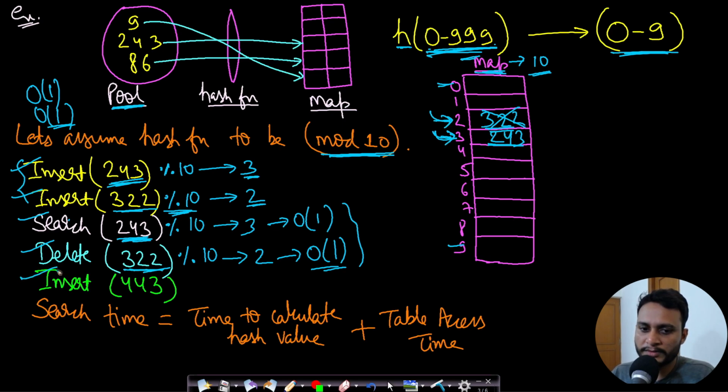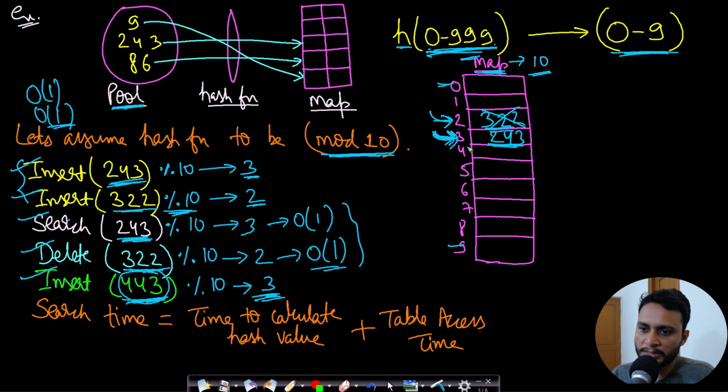Well, try to insert this element 443 now. If you try to insert this 443, again this will go to our hash function mod 10 and the key value will be 3. So we should be inserting this 443 at index 3. Now if you go to index 3, then it already has value 243. Since this slot is not free and you are trying to insert a different number, this 443 is not the same as this 243, they are different. You are inserting a different number which is being mapped to the same key.